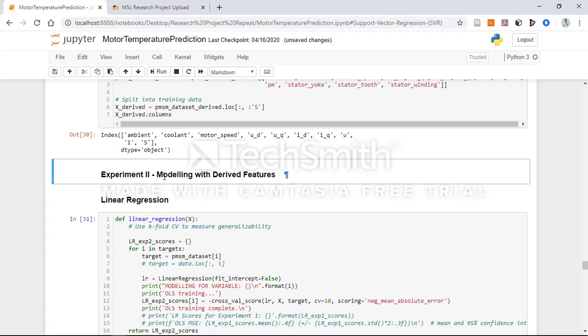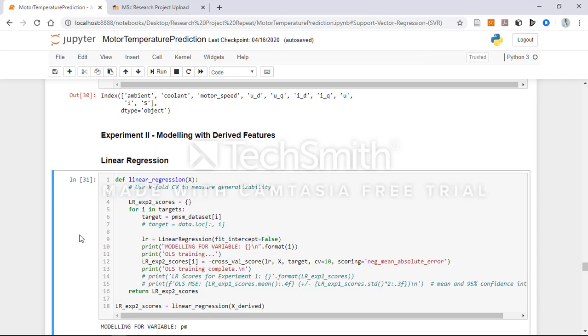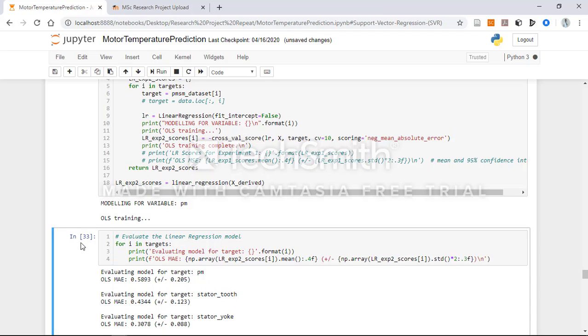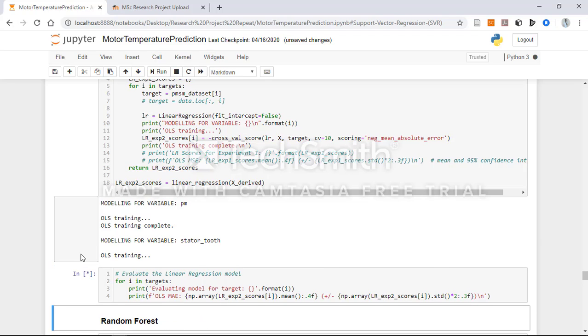Here is experiment 2, which is modeling with derived features. The same process occurs as with experiment 1, with the difference of the input data set, which now contains the derived features. As with experiment 1, the linear regression is very similar, and on running its execution, the training is going on for the PM target variable, which is currently training. This will happen for each of the variables. Yes, and we do same to evaluate and get the scores